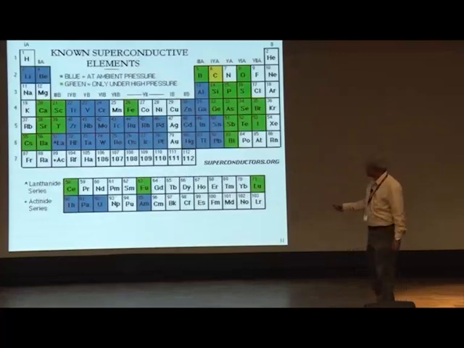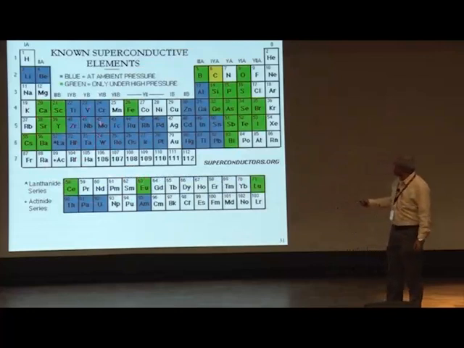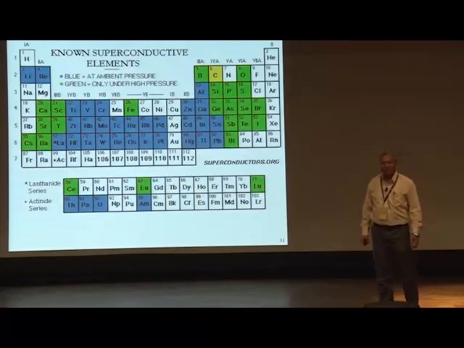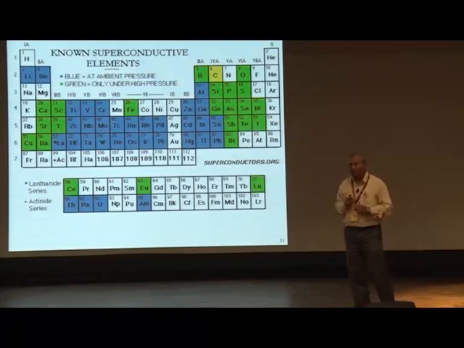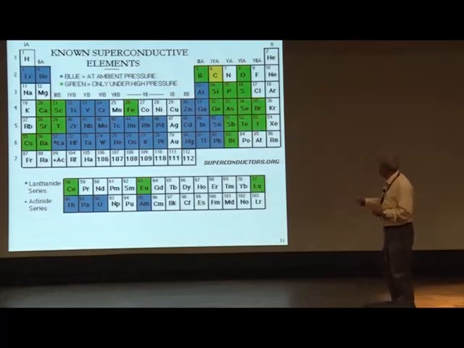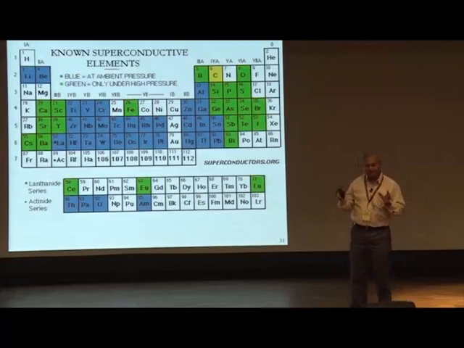This is the periodic table of superconductivity. The blue ones are superconductors under ambient conditions, and the green ones are superconductors under pressure, when you apply pressure. Interestingly, from iron, cobalt, and nickel, iron superconductivity is observed for the pressure range from 15 to 30 GPa with a transition temperature of about 2 Kelvin. But for nickel and cobalt, no superconductivity has been observed so far.